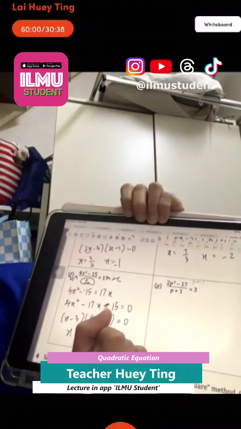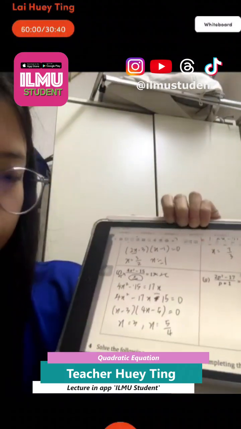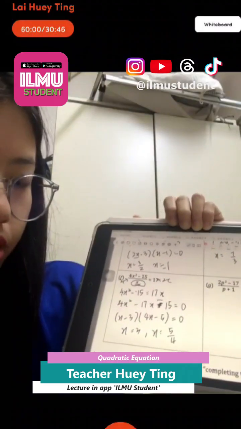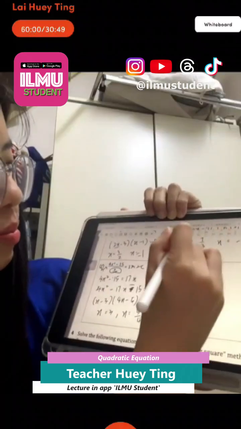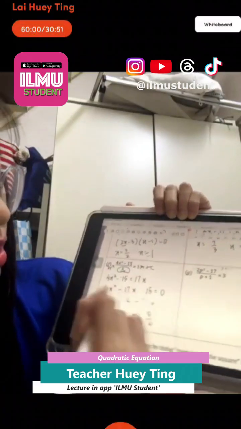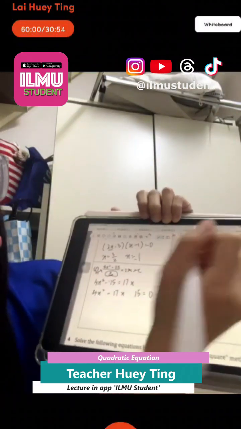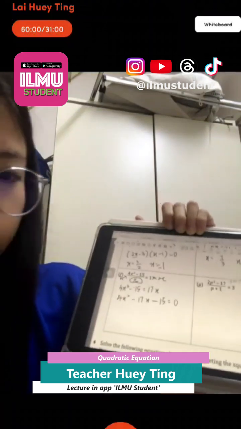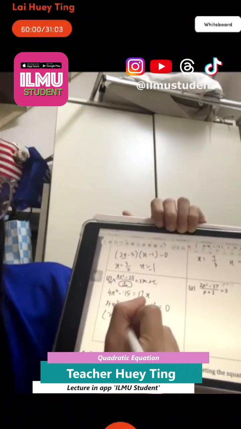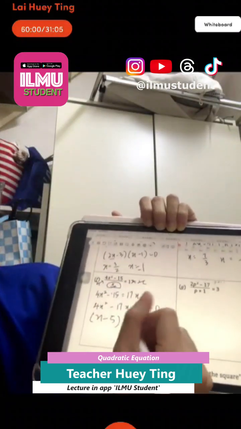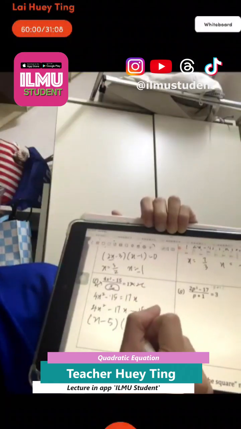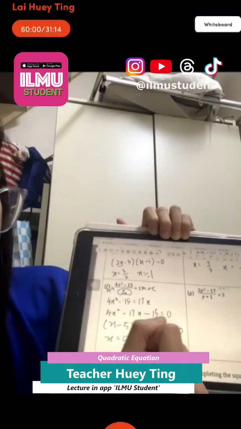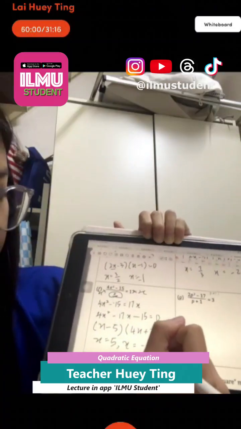Here is minus, sorry. This is minus 15. Okay, so it's minus, and then we get the answer x minus 5 and also 4x plus 3 equal to 0, and we get the answer x equal to 5 and x equal to negative